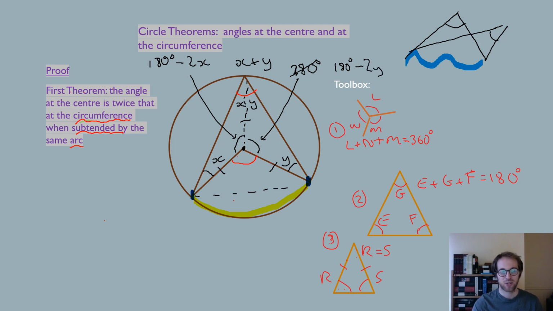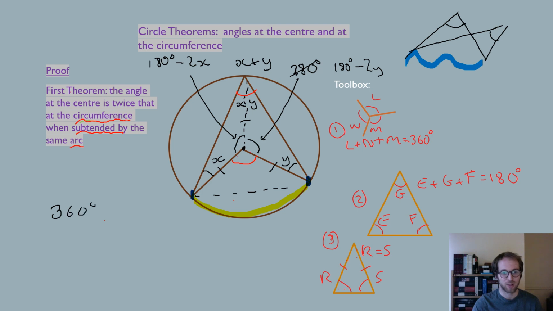And what this allows us to do is have so much in the picture that we're actually going to be able to find the final angle that we're interested in, this red angle at the center. Now, which fact in the toolbox can we use? What looks similar in the toolbox to what we've formed here at the center with these triangles? Can you see that it should be fact 1 that we can use? That the angles around a point add up to 360. So the remaining red angle that we want to find is going to be